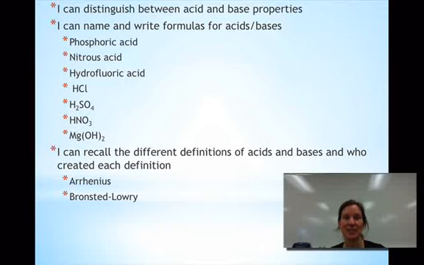Target, I can distinguish between acid and base properties. Your acidic properties are things like pH less than 7, the chemical formula has hydrogens, increases the concentration of hydrogen in solution, it tastes sour, feels like water, turns blue litmus paper red, and it's corrosive to metals, so if you put a metal in there, it will be corroded by the acid,